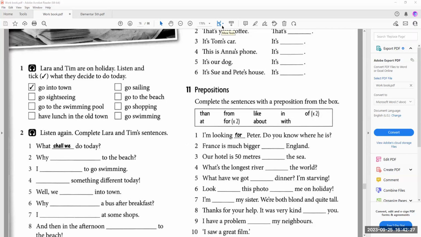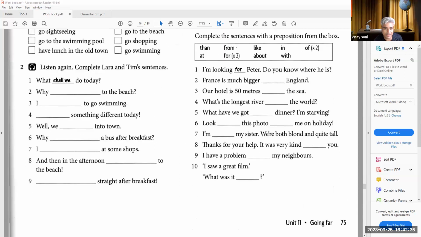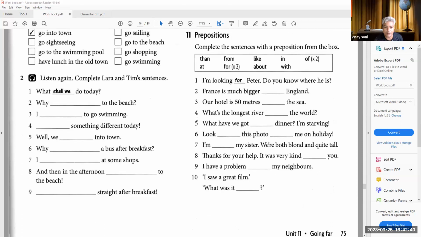Excuse me, sir. Yes, dear. I would like to know the page number. We are on page number 75. The main book or practice book? It's the practice book. Okay, thank you, sir. It's the last page of Unit 11. We are very much set to start Unit 12 today.